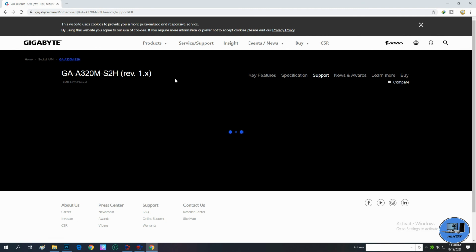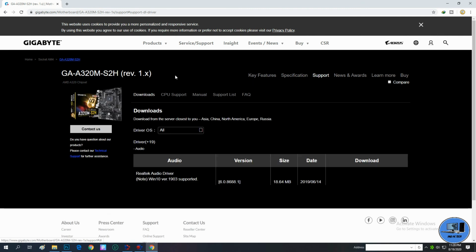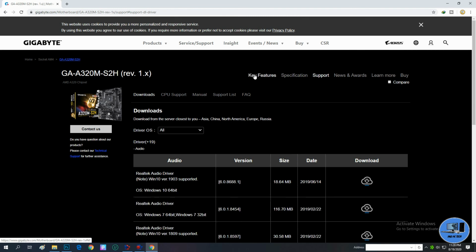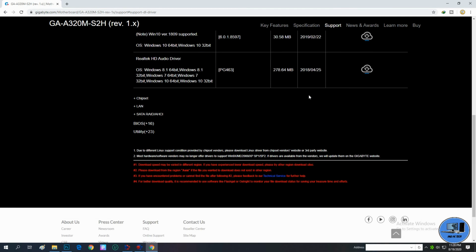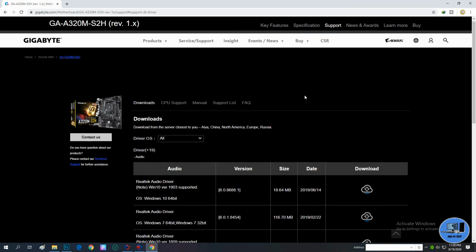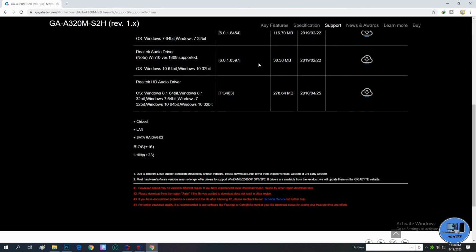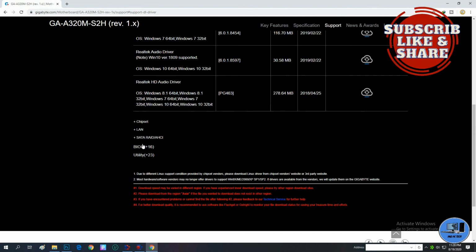Now I am at my motherboard's menu. See, here is support, features, key features, specification, news, award, learn more, etc. But I'm not going to talk about those. I'm just looking for the utility option.